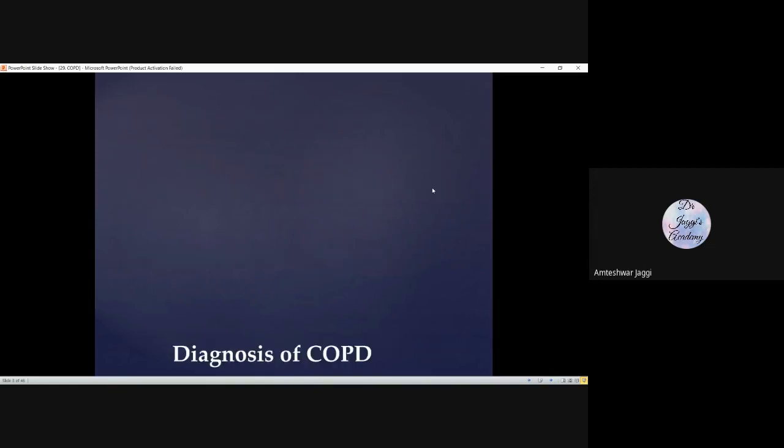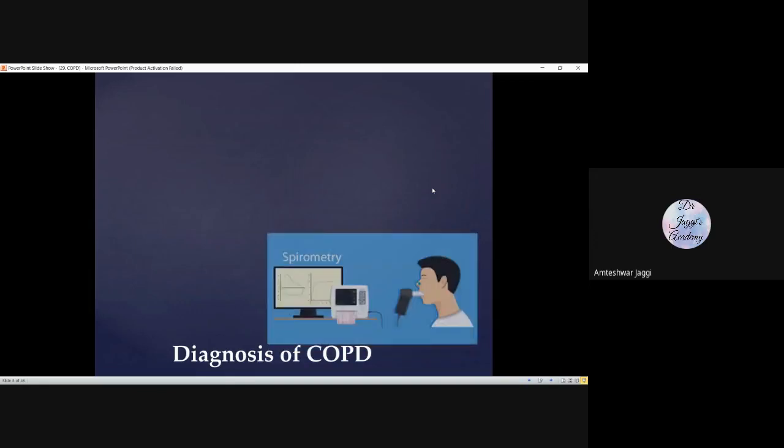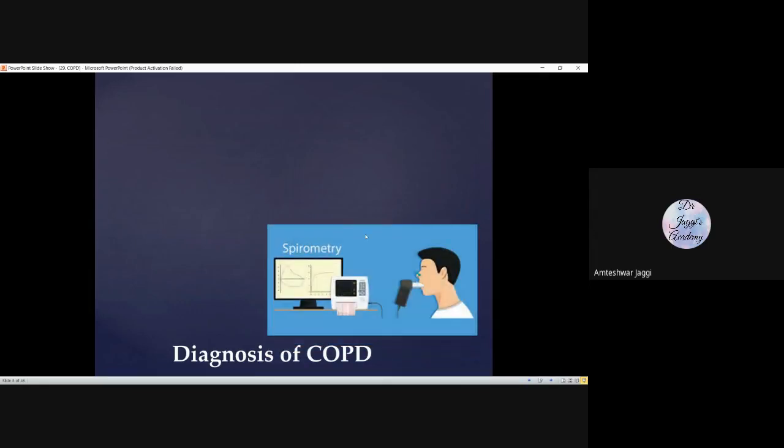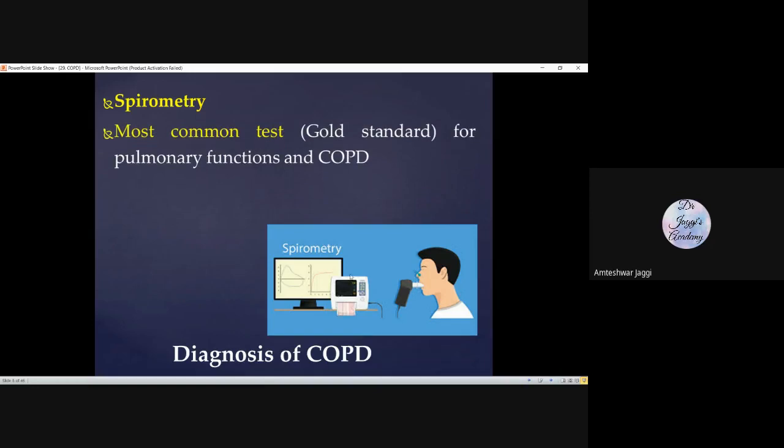How to diagnose COPD? This is the gold standard, spirometry. So this is a laboratory test actually, a respiratory test, lung test. You go and there is an instrument that is put in your mouth and you are asked to inhale or exhale. And you get certain values on the computer because nowadays everything is computerized. So you get some readings on the monitor, and depending on those values, you will be characterized whether those values are normal or not.